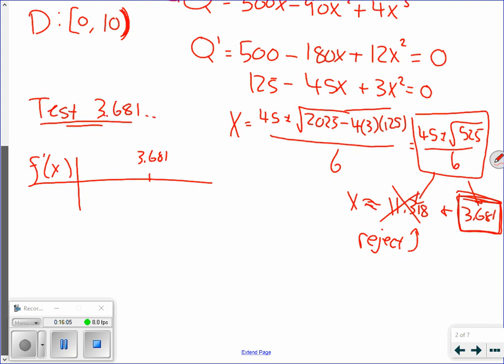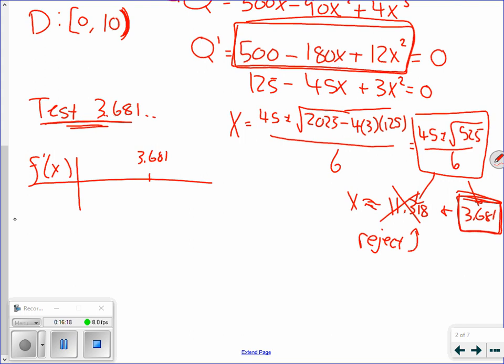Okay, so you always have to test it. In optimization problems, they want to see you testing. So if my derivative function is this function here, it doesn't factor nicely, so we're going to have to test points in that big thing. Maybe test 1. If I test 1, that's 500 minus 180 minus 12. That is a positive number. And if you plug in some number like 10 or 20 or something,